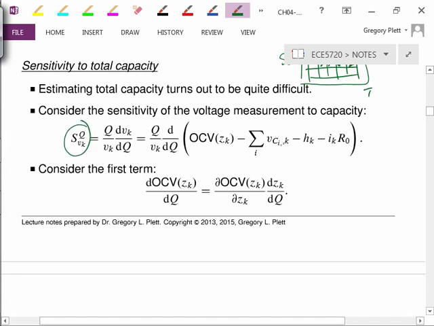Here we look at sensitivity of voltage to capacity in the same sense that we looked at before. It's going to be Q over V times dV by dQ. And so Q over V is just copied. And then the voltage equation is this one right there. So I've got open circuit voltage minus the diffusion